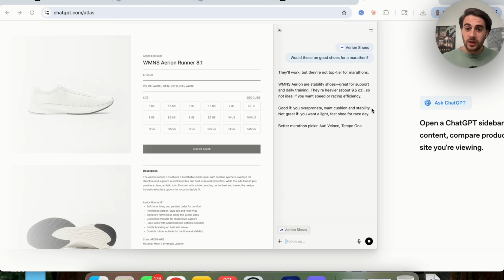Now, this brings up some pretty cool use cases that we need to talk about. For example, let's say that we're looking at these running shoes right here. We could actually come over here and ask ChatGPT, would these be good for a marathon? Or we could ask it about reviews for this or what people say about this. Or you could even ask, hey, what does my favorite running influencer say about these shoes? And you can have a conversation about whatever web page you're on with ChatGPT. It can go search for things, it can reference things, it can cite things, and this just makes for a